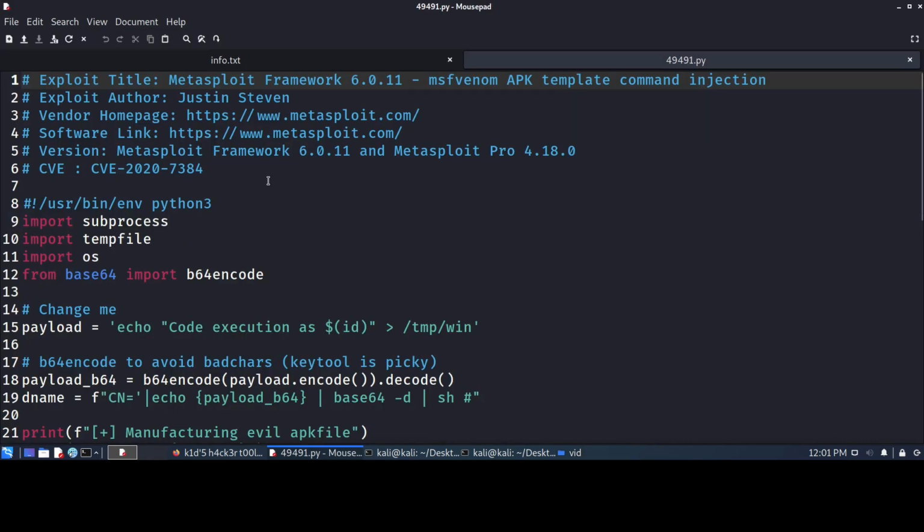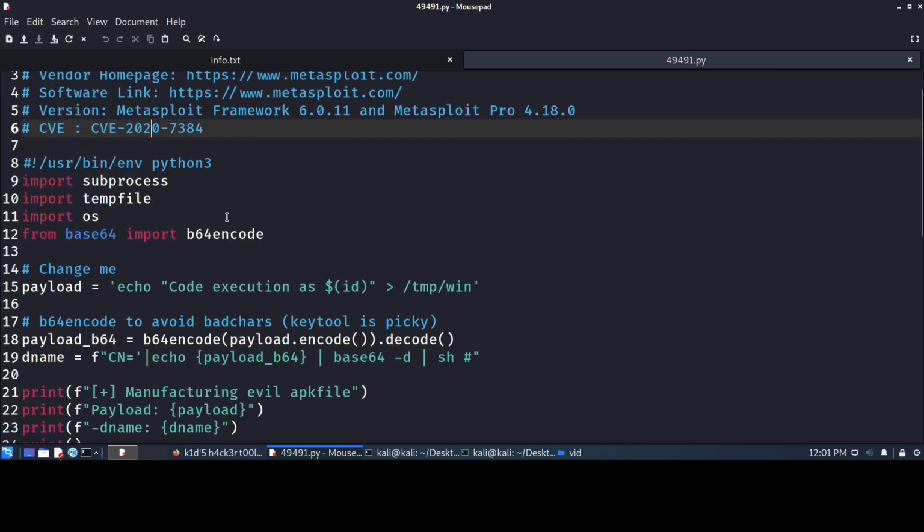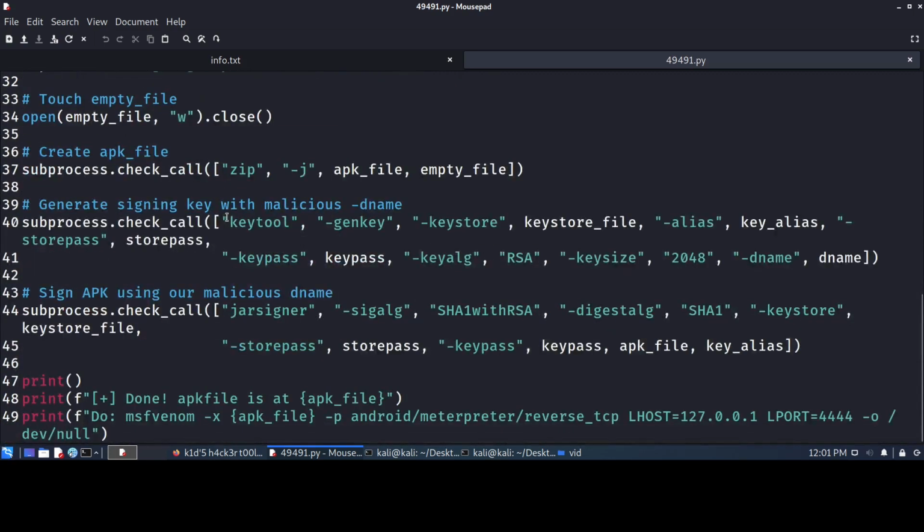So if we can see over here, it basically says the same thing, MSF venom APK template command injection, and the CVE is from 2020. That's very recent obviously, and I think this machine was released recently as well. So okay, what we can do is we'll just look through the code, not fully,